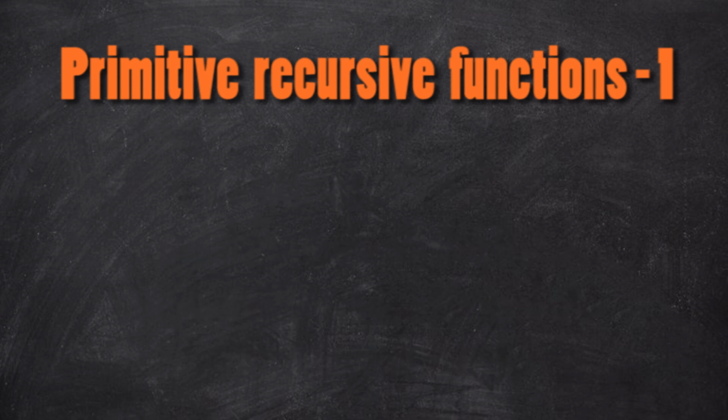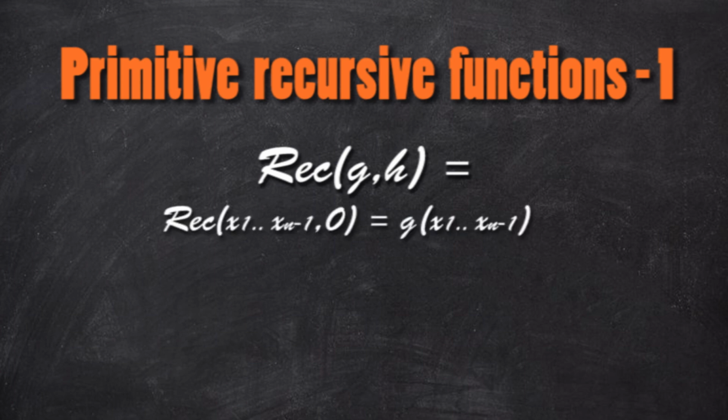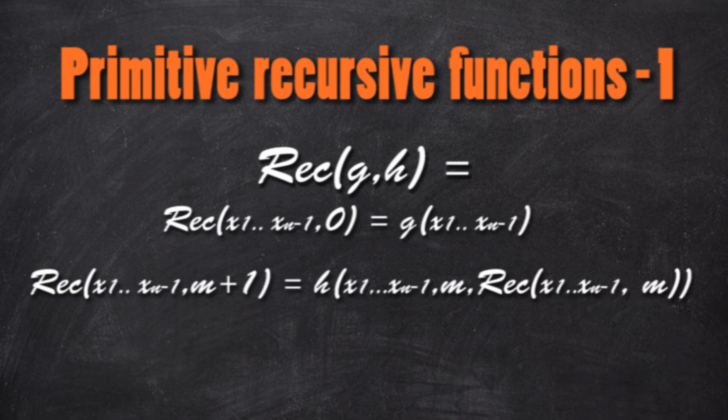The second operation is a recursion that is defined by 2 functions. The function g that takes all the parameters without the last one for the initial statement, and the function h that takes all the parameters without the last one and the recursive function's state before. The addition is a great example, but I will explain it in another video.